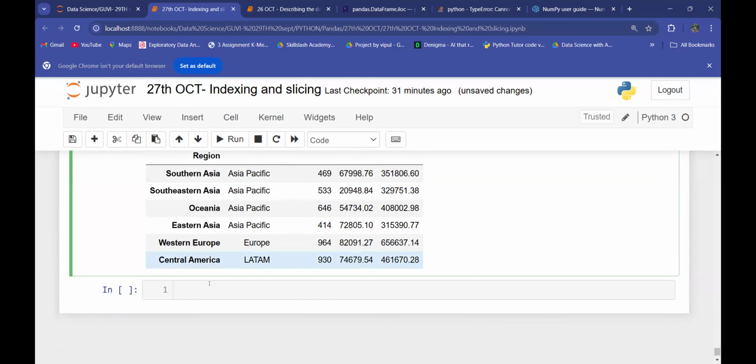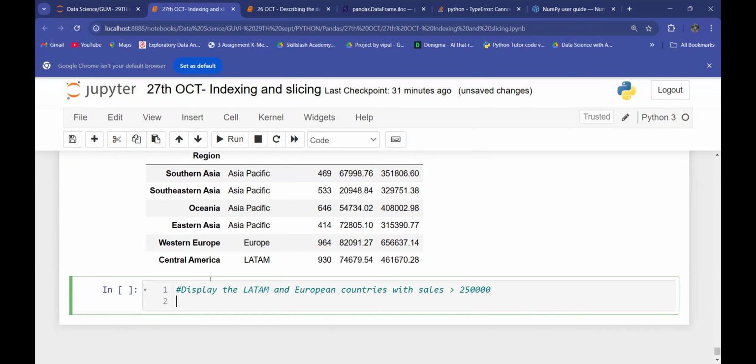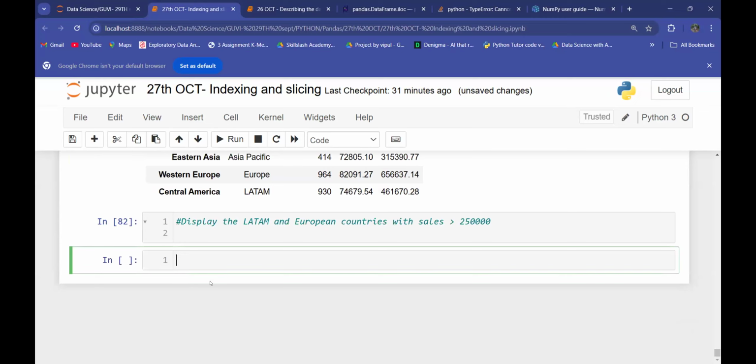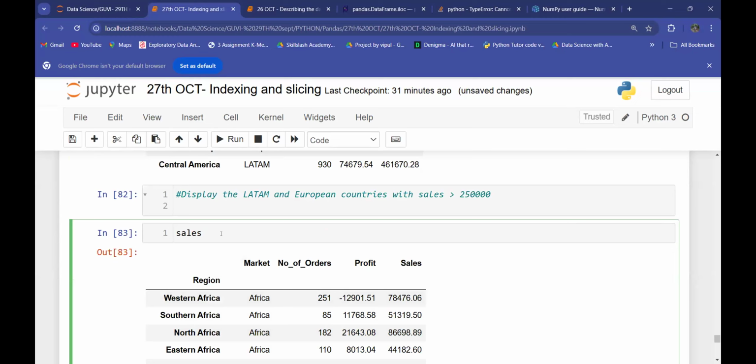Now, another question that you can have is: display only Latin America and European countries with sales greater than 2,50,000. How can you do this? You'll write on sales. Let me do it very simple. This is your data, sales. I want a condition where market, for the market column,